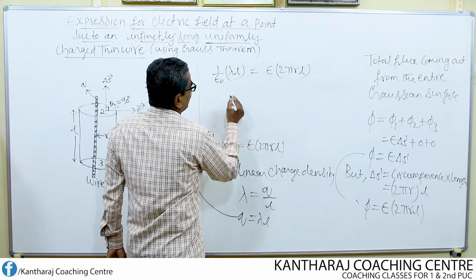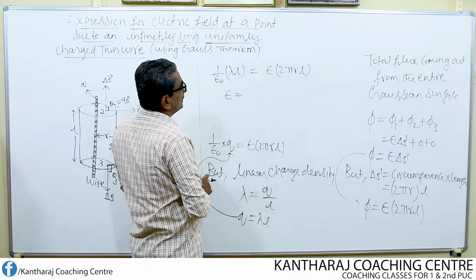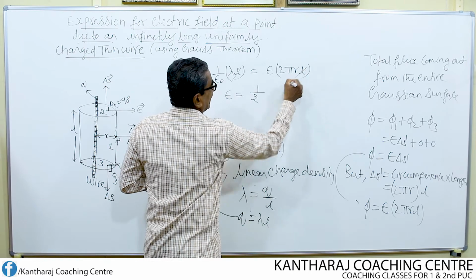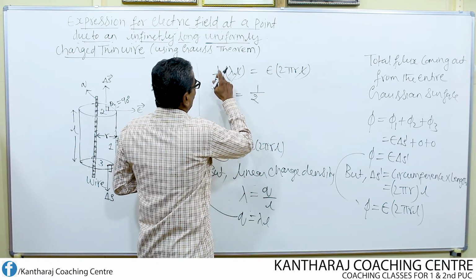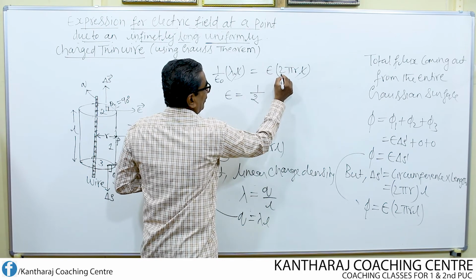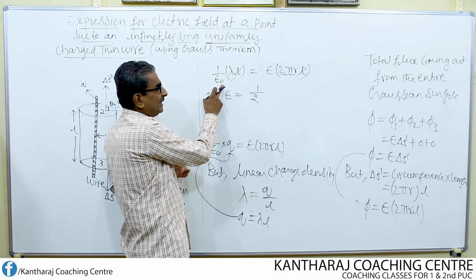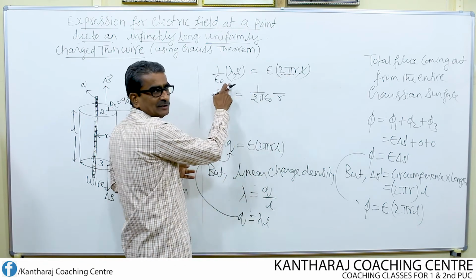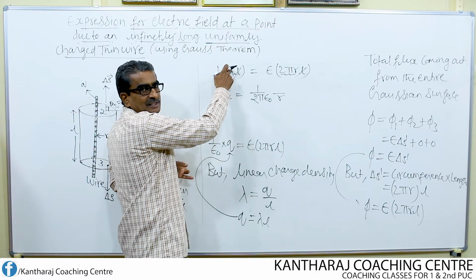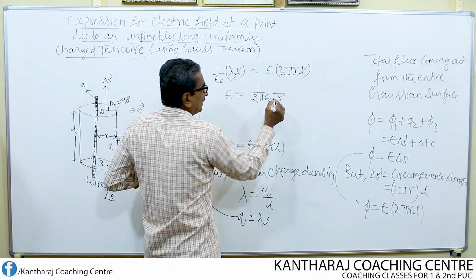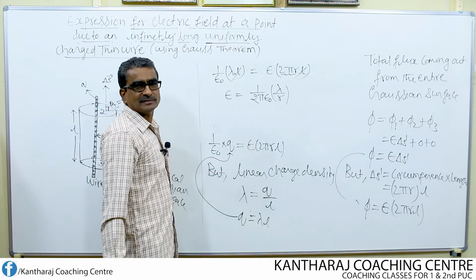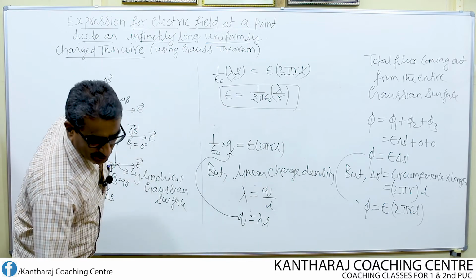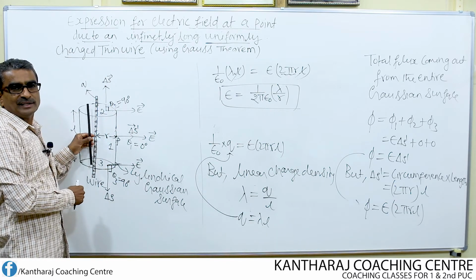Okay. Now what is E? Cross multiply this: E equal to 1 over 2 pi epsilon naught. L and L get cancelled. E equal to 1 divided by epsilon naught times 2 pi R. Send all this term to the denominator of the left hand side, 2 pi epsilon naught, divided by R. R is also sent to the denominator of the left hand side. What is left? On this side, the numerator, lambda, is left. Write lambda.